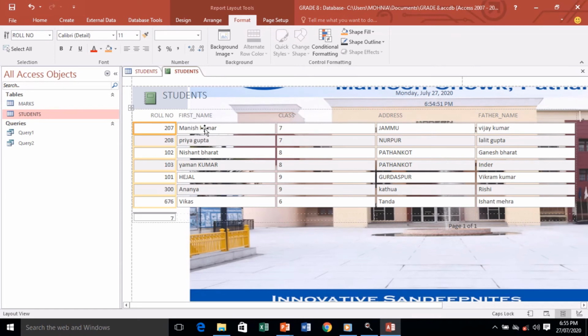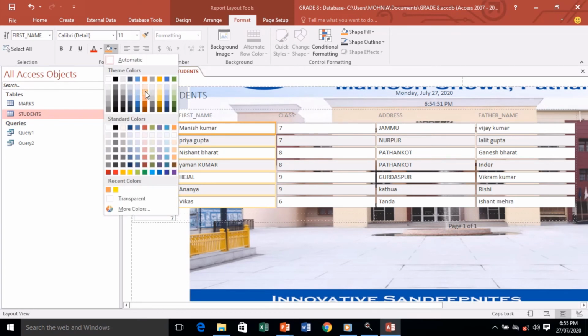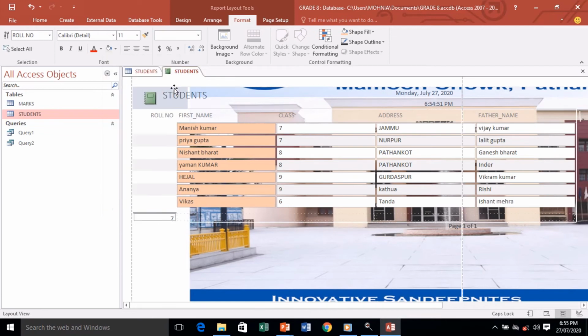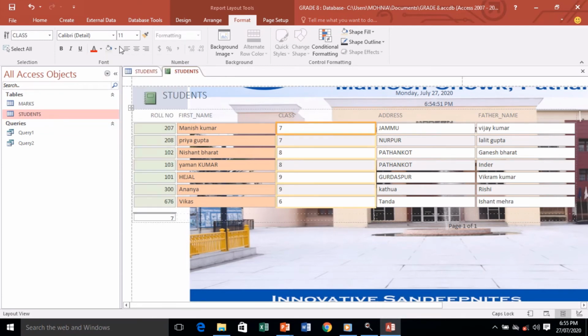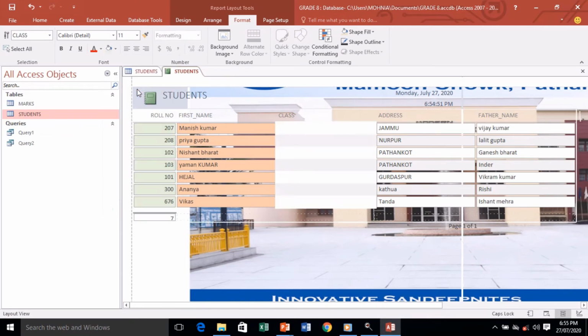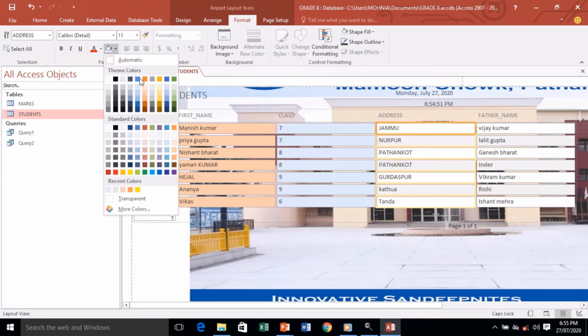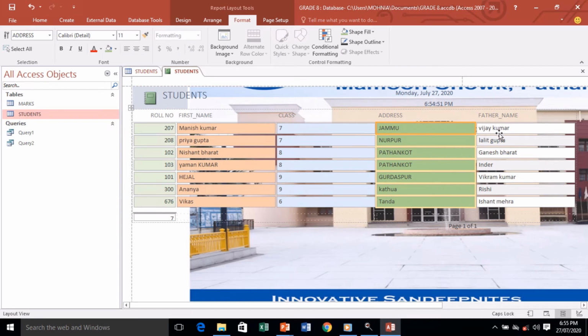In case you want to highlight this column, we'll click on this column and here we can choose the colors. That's up to your choice which colors you want to go for. So here you can apply different colors to your columns. You can enhance the appearance here. So we have different columns. So here it has been done. Simultaneously you can change the font size as we are doing it from here. Font size, bold, we can apply the colors to the font also.